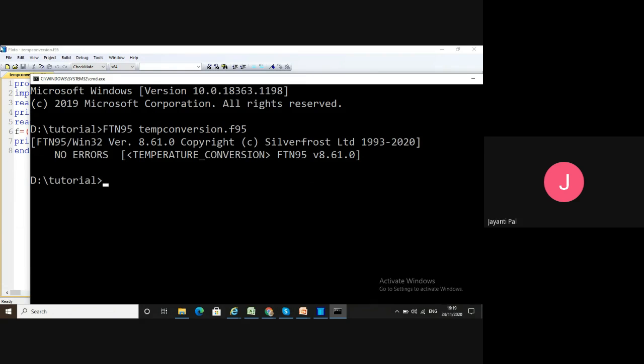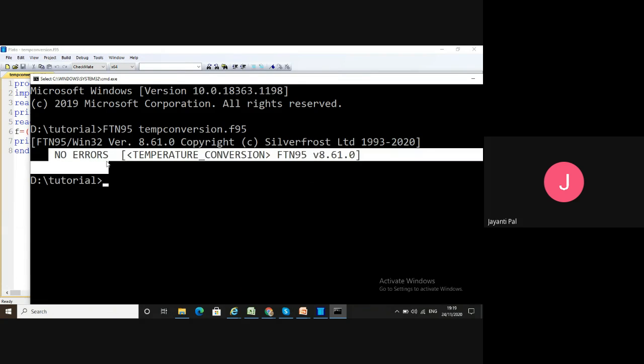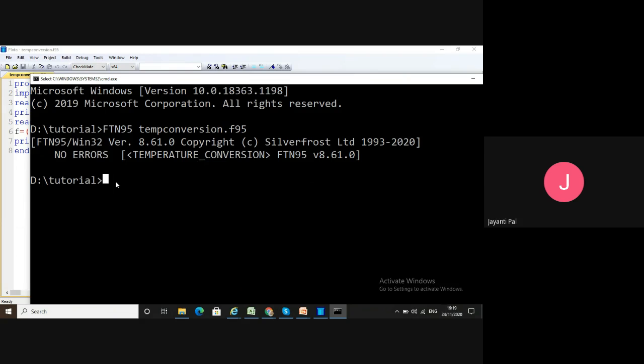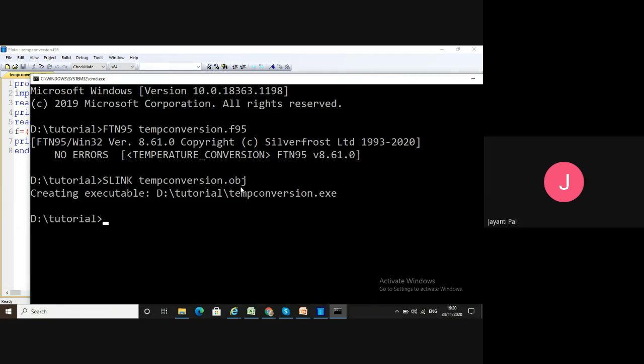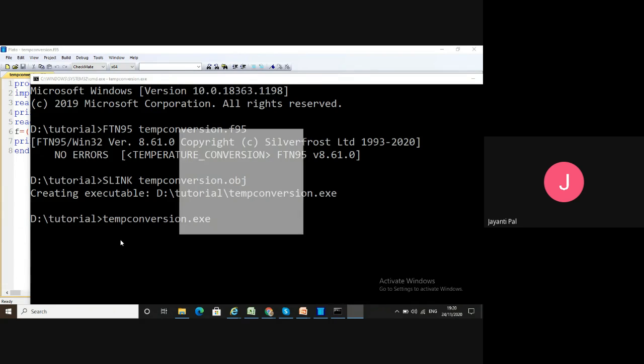While compiling there is no error, so I move to the second step, linking the object file. When I compile this Fortran 90 source code, it generates an object file with the extension obj. Here I'm linking the object file and creating the executable file. Then I run this executable file.